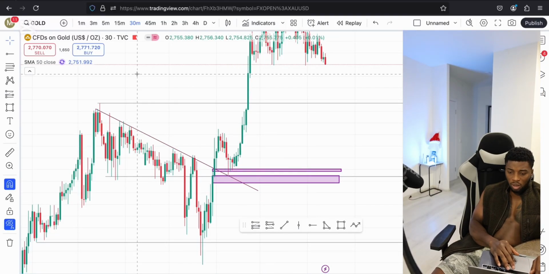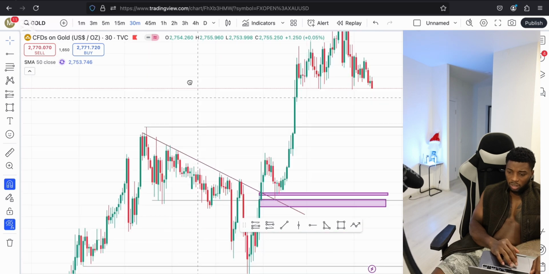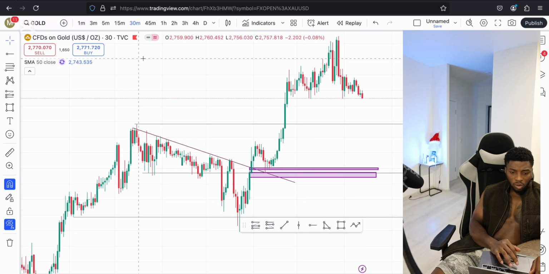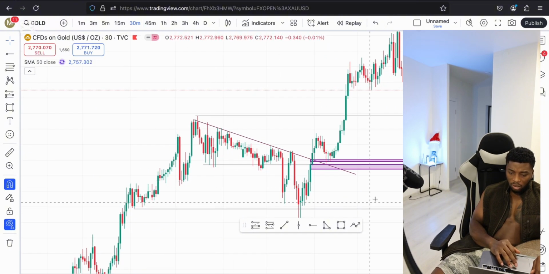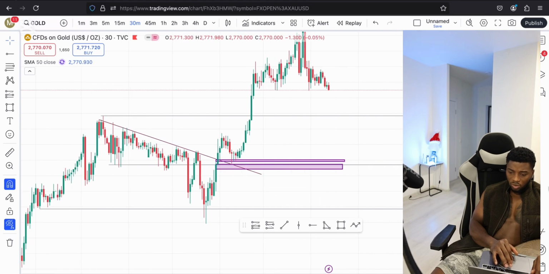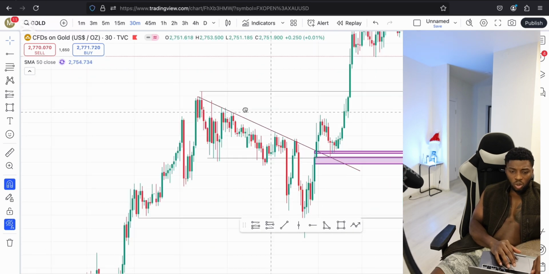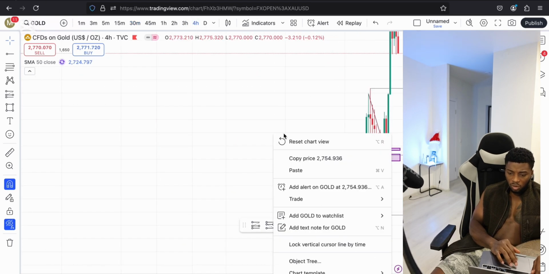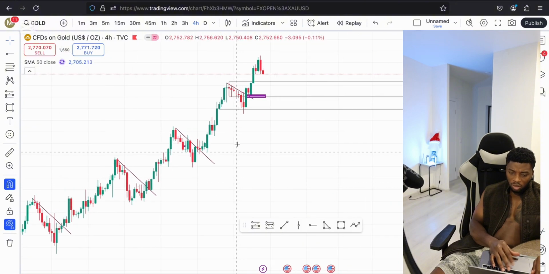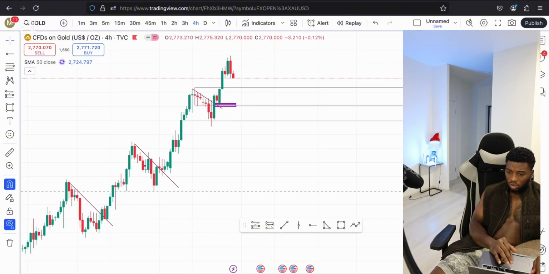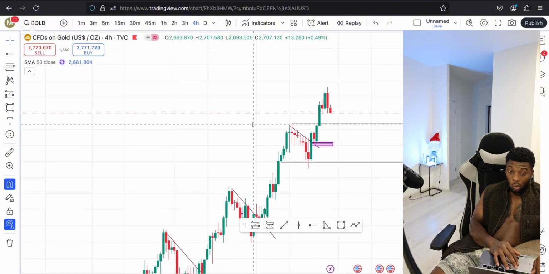Okay, guys, so I decided to do a trade recap on all the trades I take these days and share it with you, so you'll have an idea of how I took most of these trades. If you've been following me these days, you should know that I only trade lows,